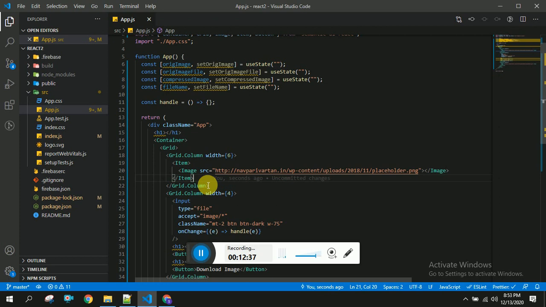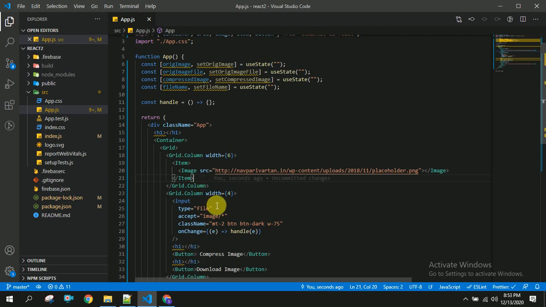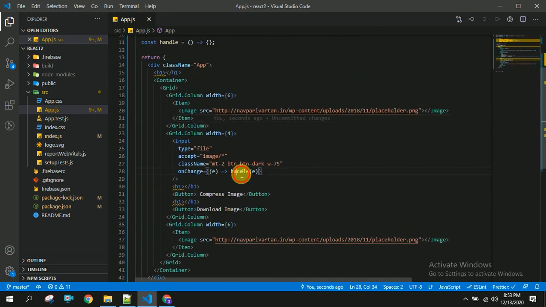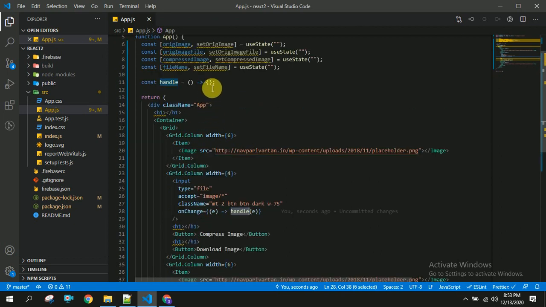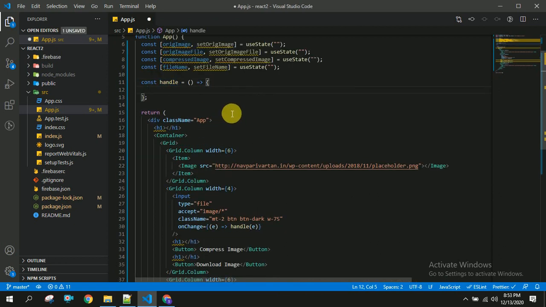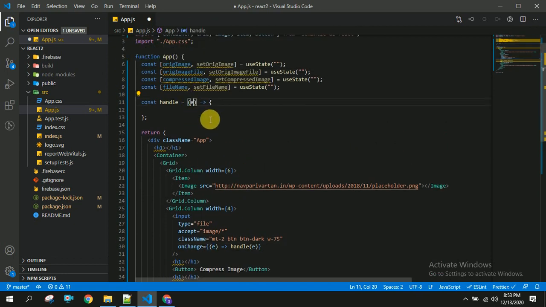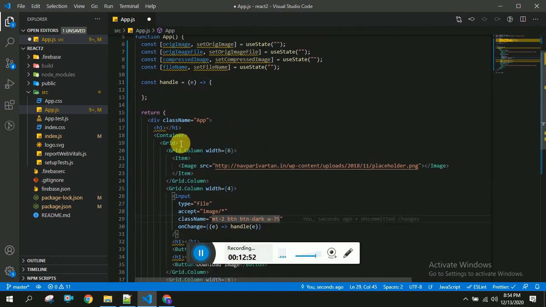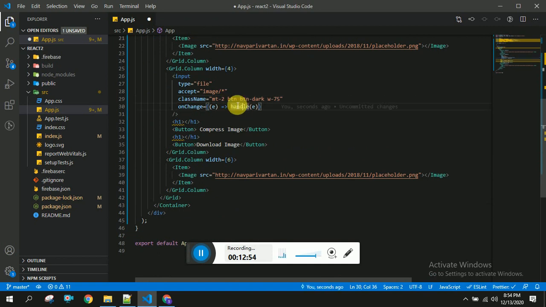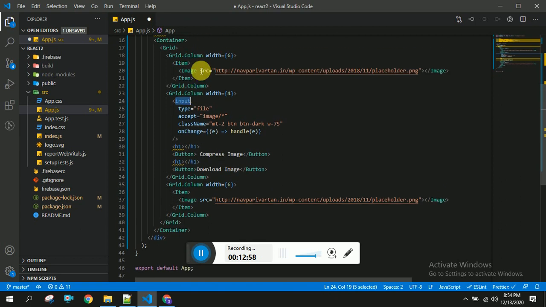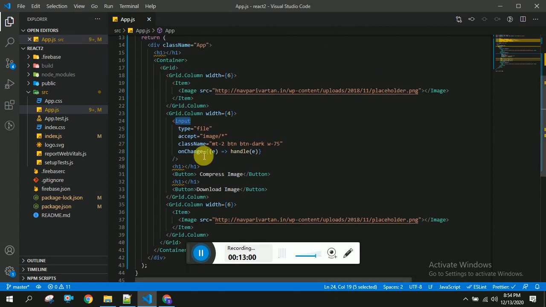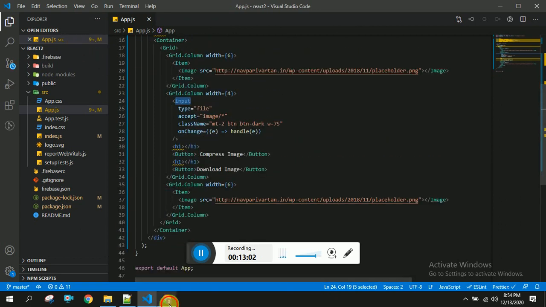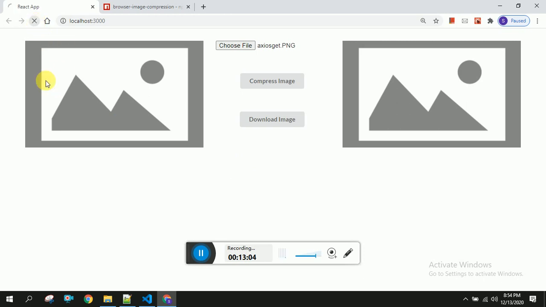Yeah, I will save this, and once this is done, we are going to this handle function, and here I am sending some event, so we can place this here. Now let's verify whether this particular button is working or not. I will save this, and let's head back to the browser, and let's refresh this.